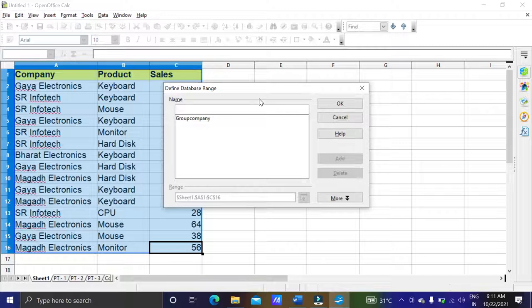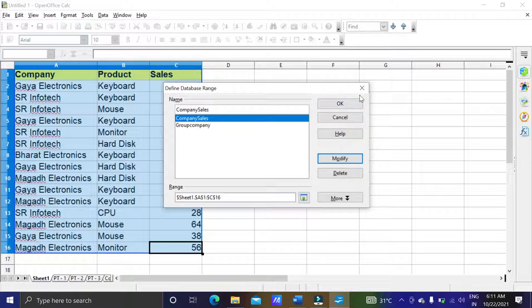Here you can define the range name. Suppose company sales. Company sales I have defined. So add. So we have defined the range. The range is this one, sheet number 1, A1 to C16 we have defined.